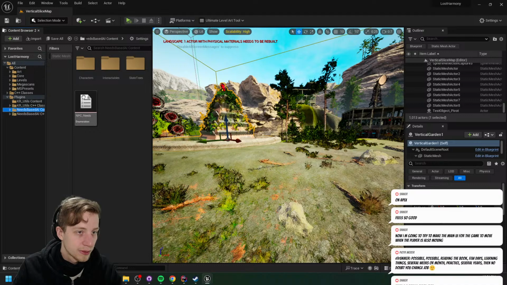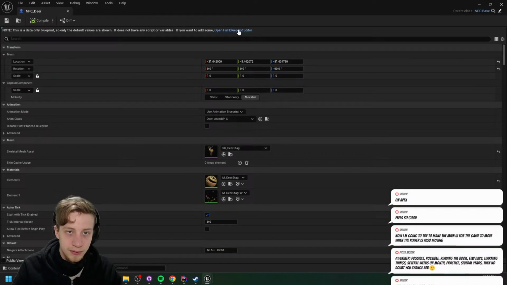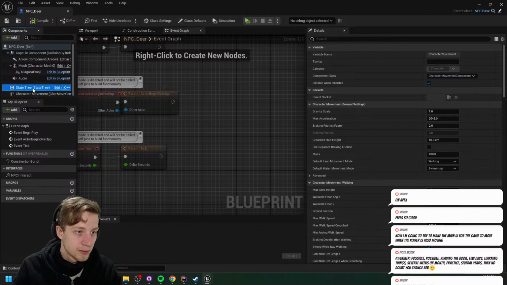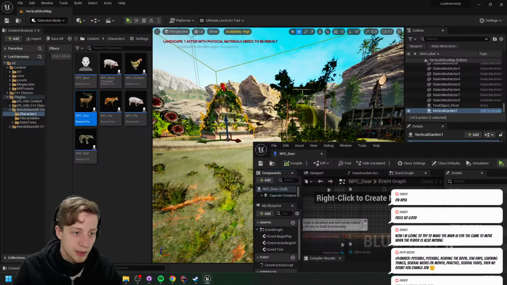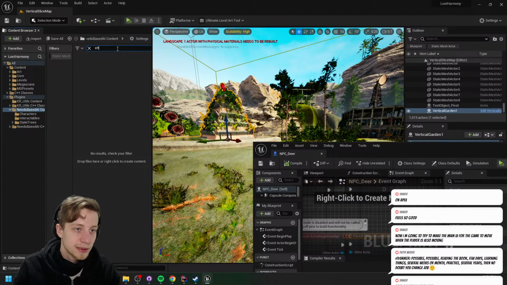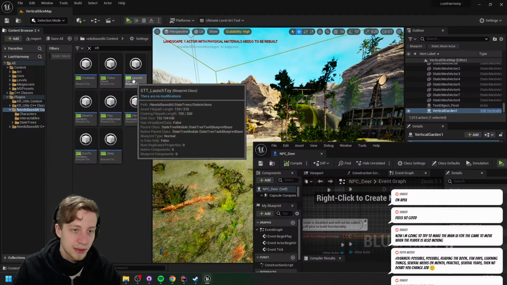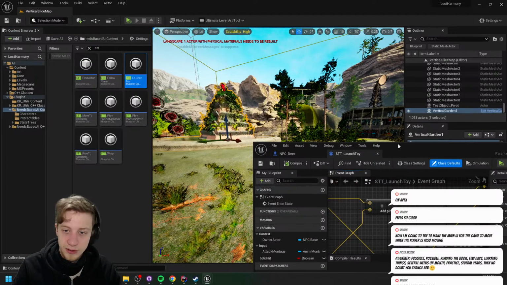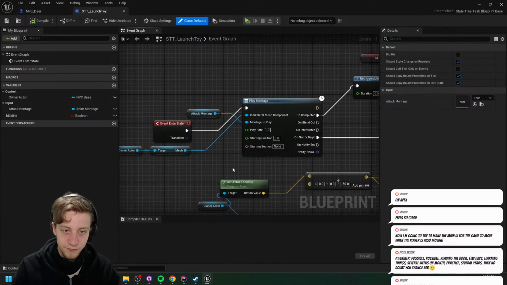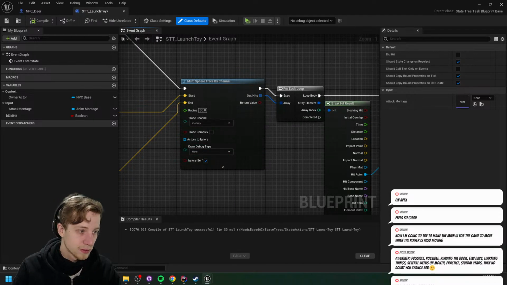STT. Wait, what am I doing? I am not supposed to be here. I wanna get me some STT. Sounds like some drug. I'm gonna get me some STT. And that's a launch toy. I wanna disable it here.